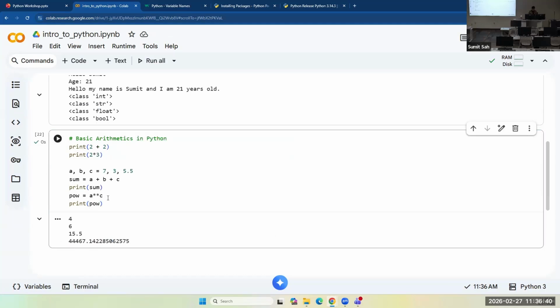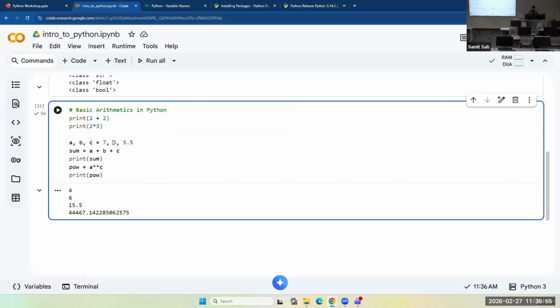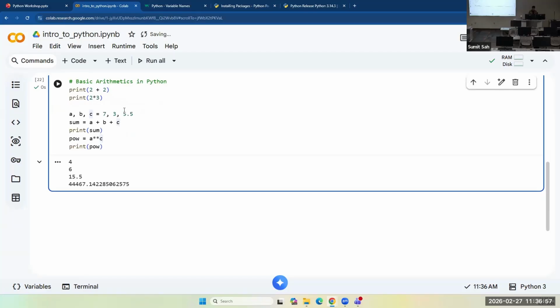This is 7 to the power of 5.5. And so, yeah, similarly, you could use other different operators and perform very basic arithmetic. Use any Python notebook as a calculator.